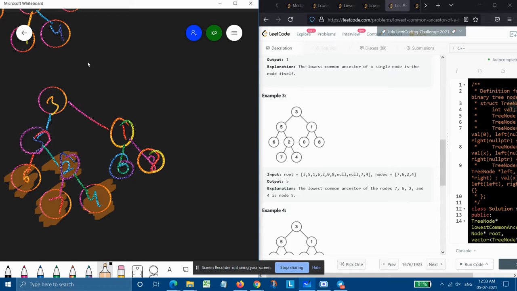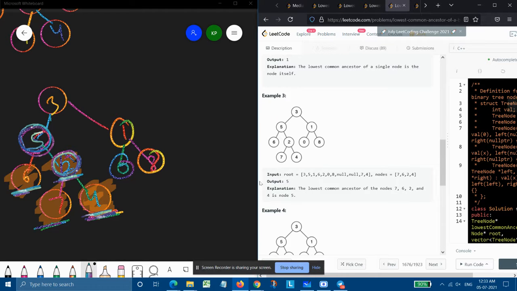Let's recall our previous LCA questions: when we encountered two nodes in the same subtree, the LCA was simply its root, here 2. And again, in the same subtree, the LCA will be its root, here 5. So our answer is simply 5. It's pretty much similar to our previous questions.